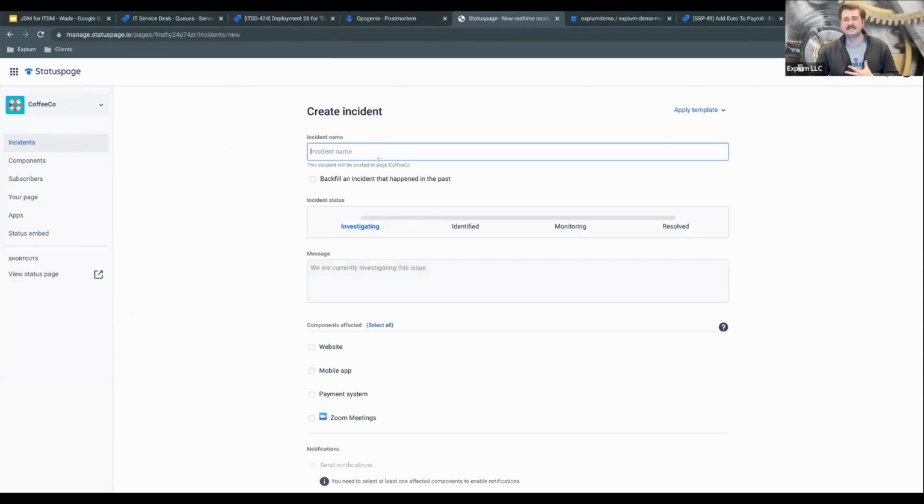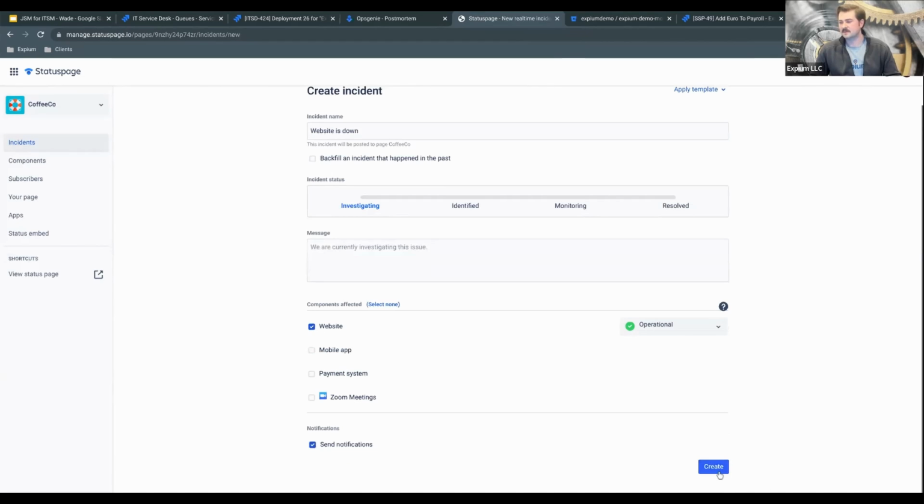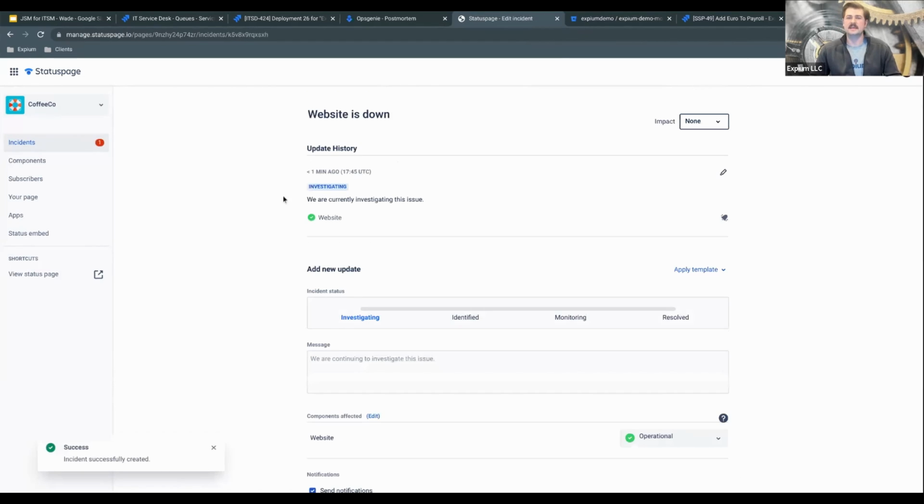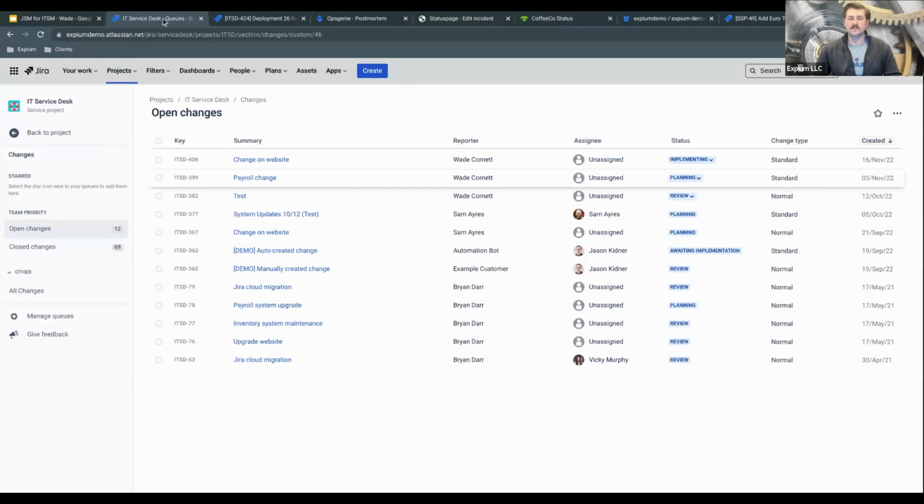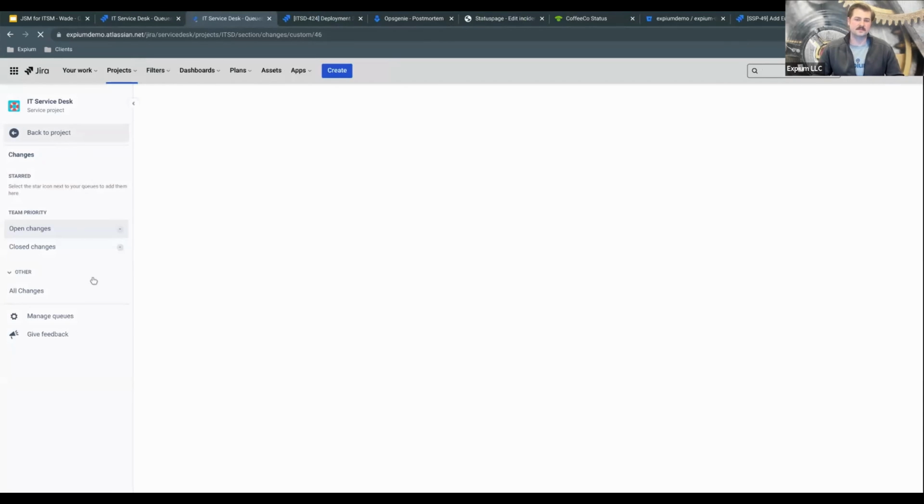I can create an incident. Maybe our website is down. That was our example. So website is down, and we can pick the component that is affected. That's our website. So I'm going to go ahead and create this, and now we can view our status page, and we can actually see that there is an outage right now. Our website is currently down. But what has also happened here is, because we have Statuspage integrated with Jira Service Management,